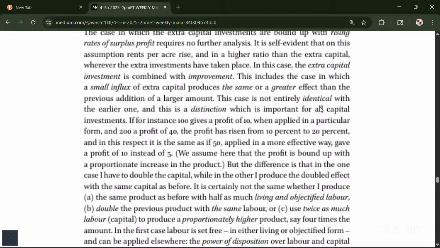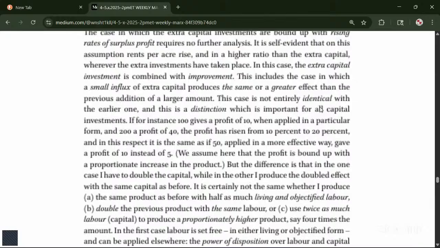Now, we assume here that the profit is bound up with a proportionate increase in the product. But the difference is that in the one case, I have to double the capital, while in the other one, I produce the doubled effect with the same capital as before. It is certainly not the same whether I produce